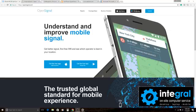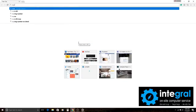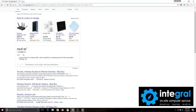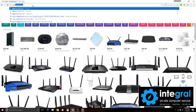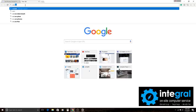And here we go. All right. One of the first things you can do is use your home's Wi-Fi in order to access your smartphone. Now the website that I have up here doesn't do that, but let's type in router. So if you've got a router at home, whether it be a Netgear, Linksys, or one provided from your cable company, you can definitely use your home's Wi-Fi connection in order to get a stronger signal with your carrier. All major carriers like Sprint, or Verizon and T-Mobile